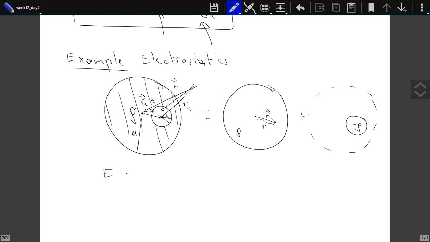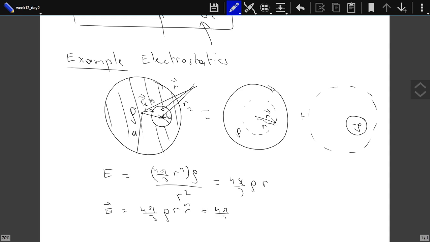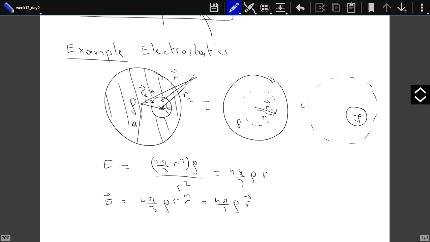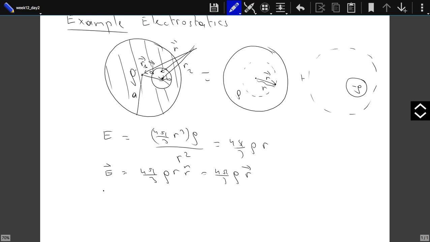Now the electric field at that point, the magnitude, will be just the total charge inside this sphere, which is 4 pi over 3 r cubed times rho, divided by r squared. So this is 4 pi over 3 rho r. This is the magnitude. The electric field itself is 4 pi over 3 rho r in the r hat direction, so I can just write this as 4 pi over 3 rho times the r vector. This tells me that the electric field at any point inside my homogeneously charged sphere is proportional to the position vector relative to the center of the sphere. So if you look at that point r, this point,